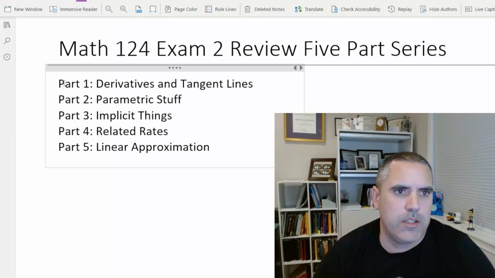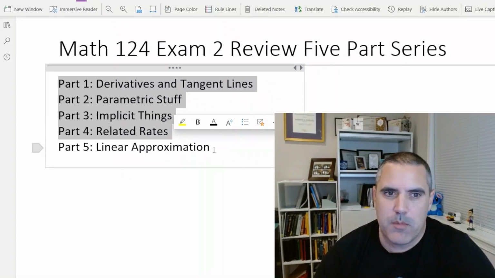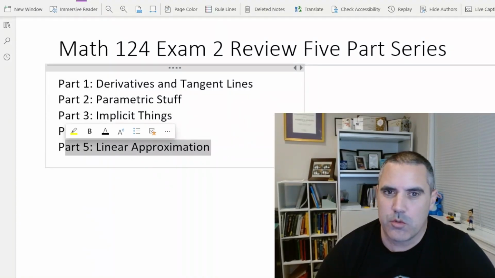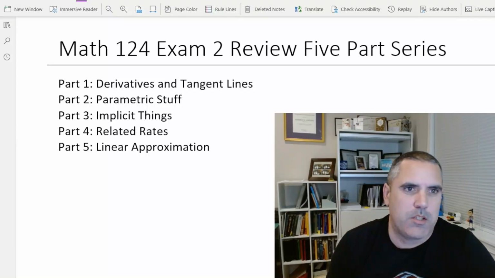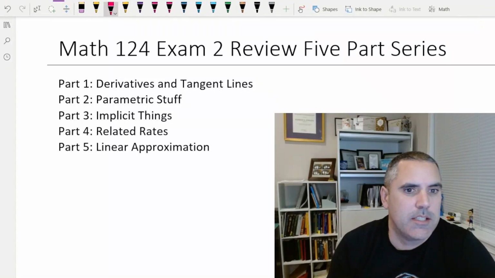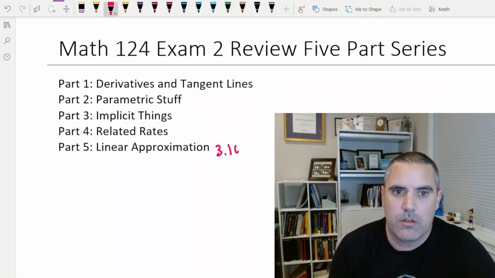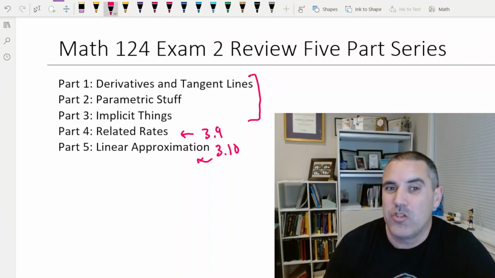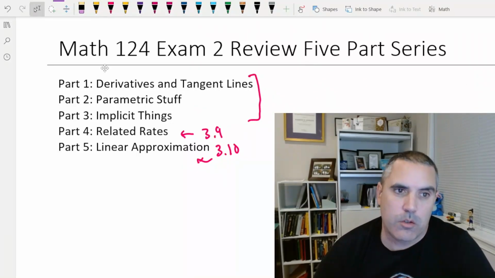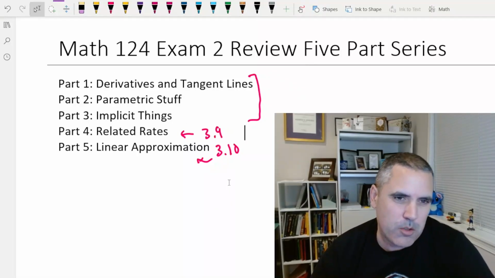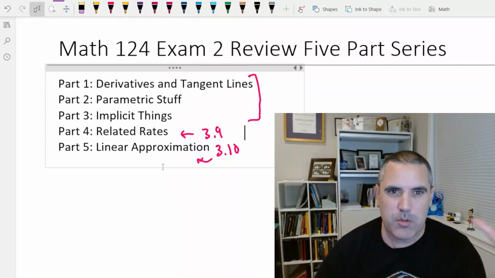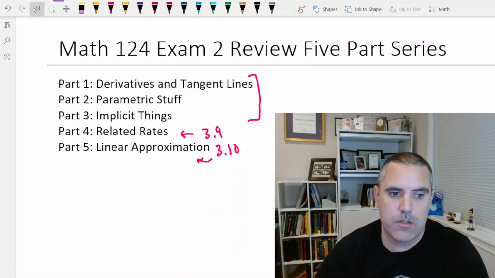My intentions are really to cover these 4 topics. I might mention linear approximation, but I'm going to do several short videos on these. Linear approximation often doesn't appear on the next test, but it just depends on the quarter. I think these are the current sections. If somebody's watching this video in the future, refer to that. The rest of the stuff is like chapter 3 general things, and I'll go through and talk about those. I just went through a bunch of my old exams and kind of categorized things, and I have a bunch of questions ready. As soon as I finish this, I will do some of those.